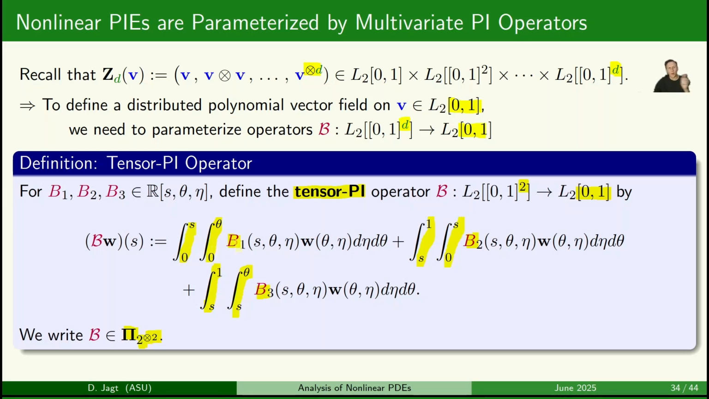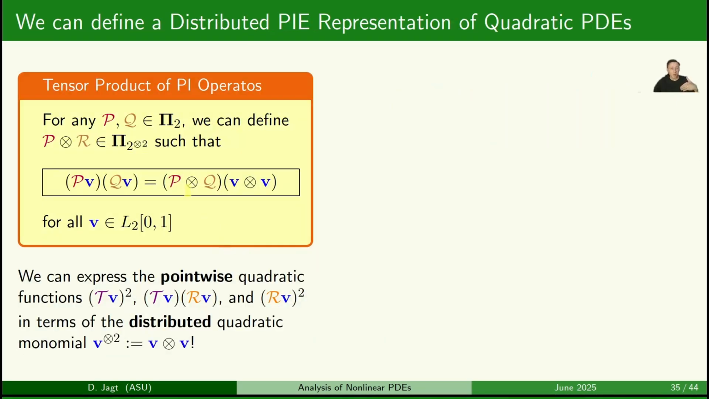And in particular, why do we call them tensor PI operators? Well, because we can actually define a notion of the tensor product of two PI operators. So if we have two standard PI operators, P and Q, mapping a function in one variable to a function in one variable, we can define a notion of the tensor product of these operators as a tensor PI operator,